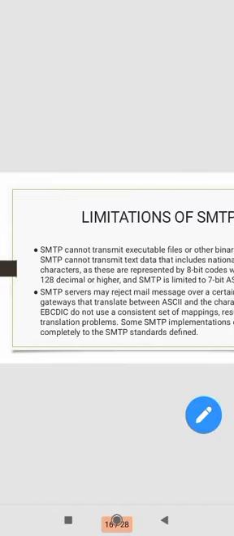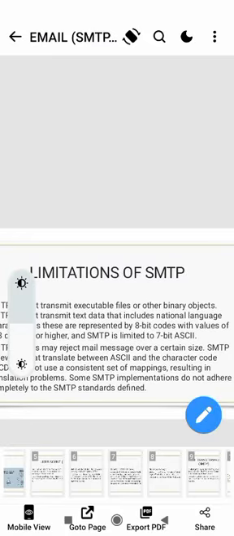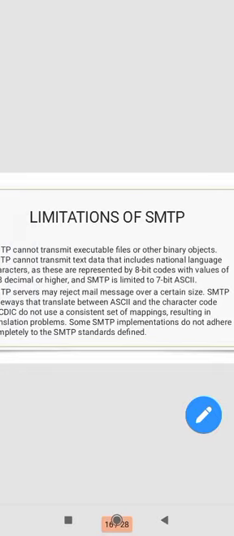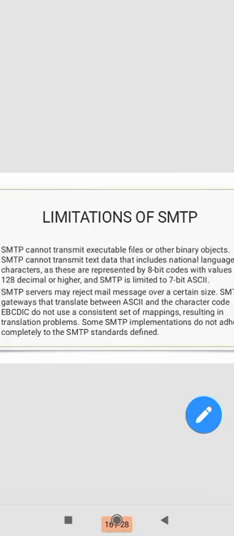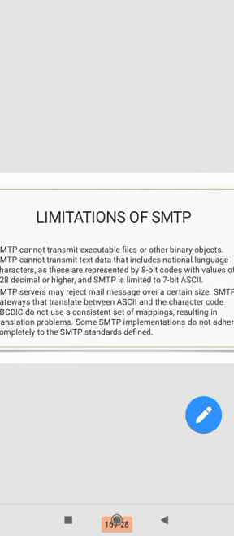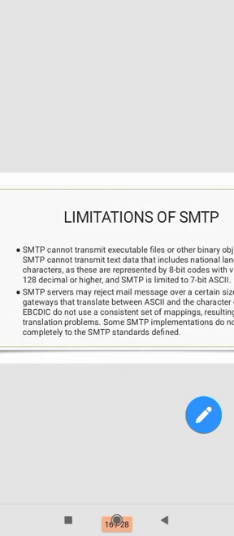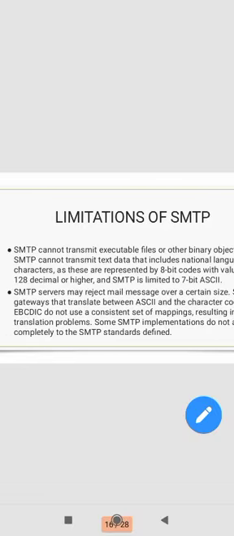I cannot send programs to anyone. SMTP cannot transmit text data that includes national language characters, as these are represented by 8-bit codes with values of 128 decimal or higher. SMTP is limited to 7-bit ASCII. Only 7-bit ASCII values can be sent through